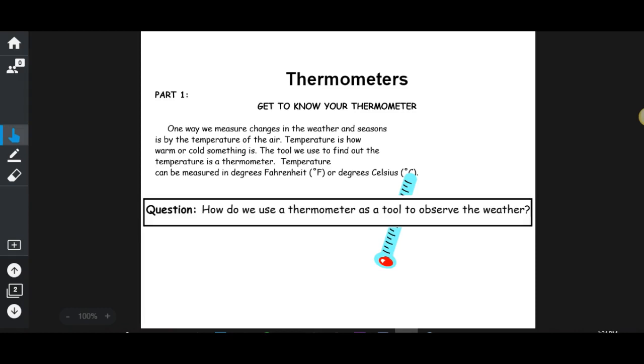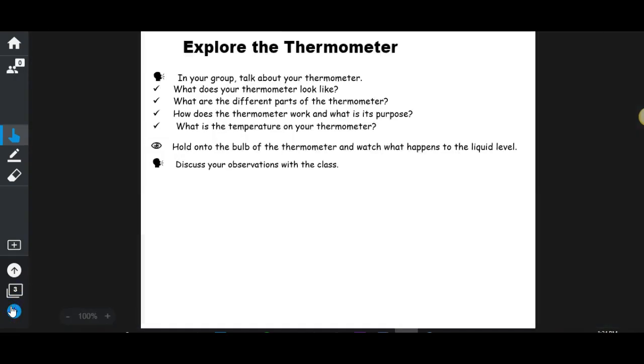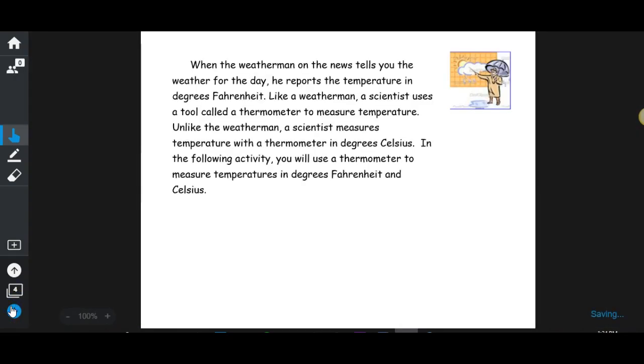So when a teacher's doing a lesson, when we hit that point where I no longer need to stand and deliver, I turn their learning over to the student and they can move through the pages. When I want to bring them all back together, I turn the pacing over to students and I control what they see. The next thing I want to just bring your attention to is as we go through these pages,